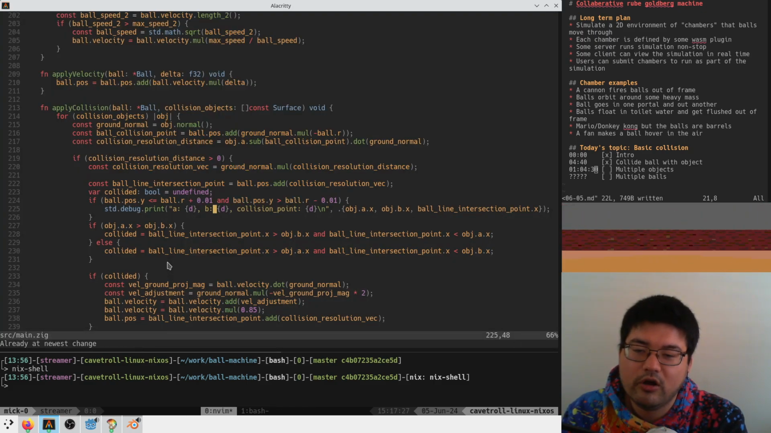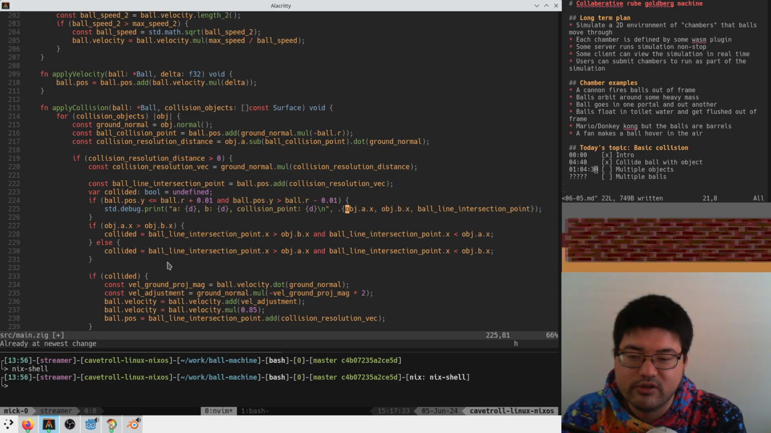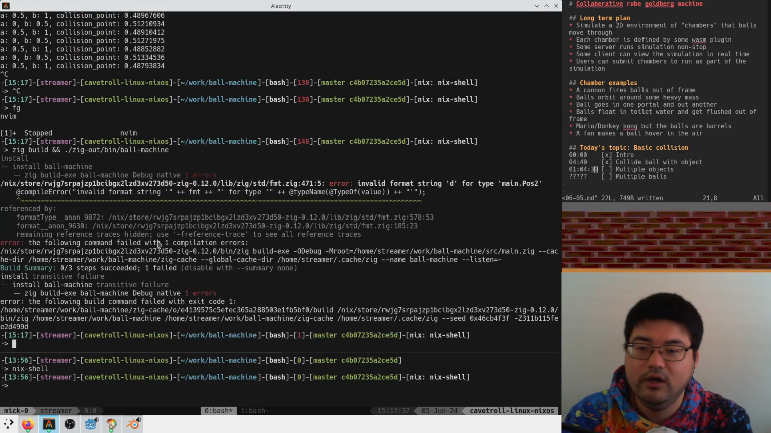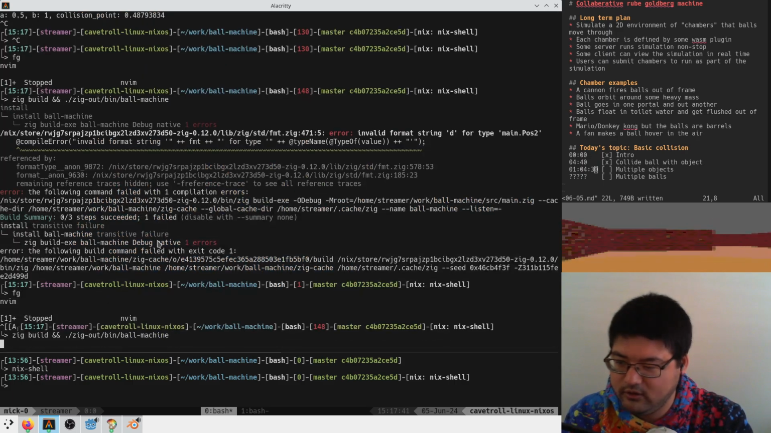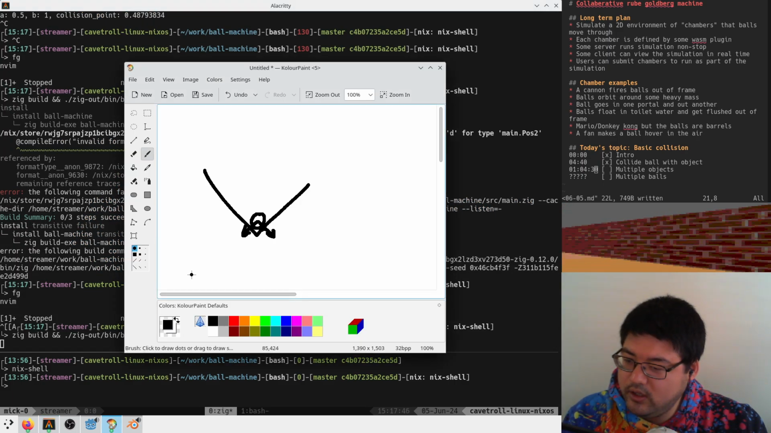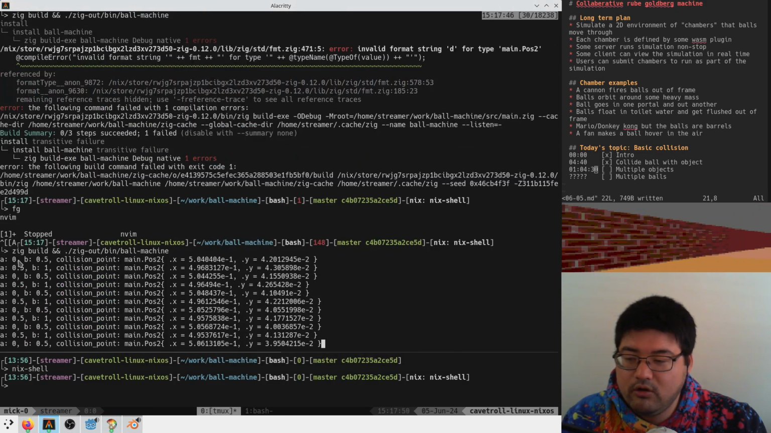So can I log the collision point overall? Let's do that. And we don't need to log these. Yeah, wall balls. Oops. We can't log this as a number anymore. We have to log this as anything. And okay. So in this case here, we are at